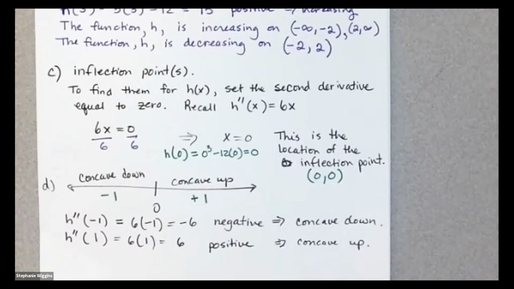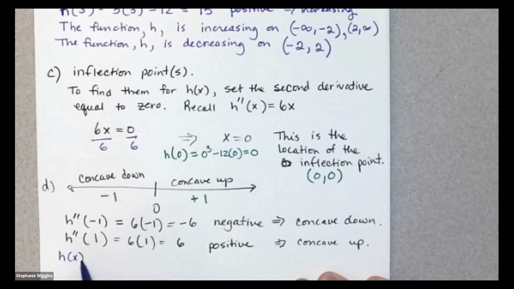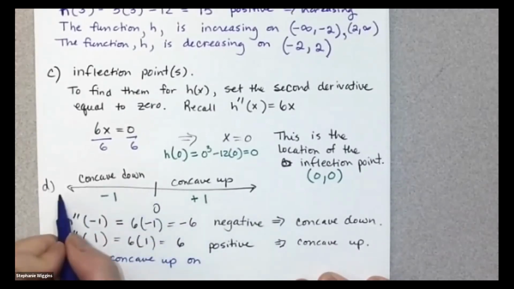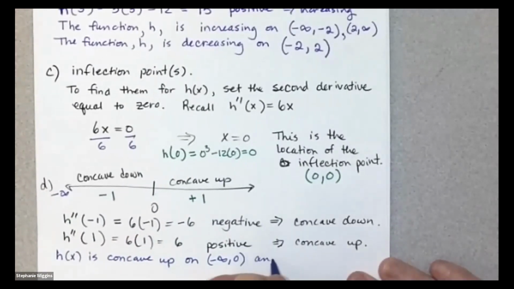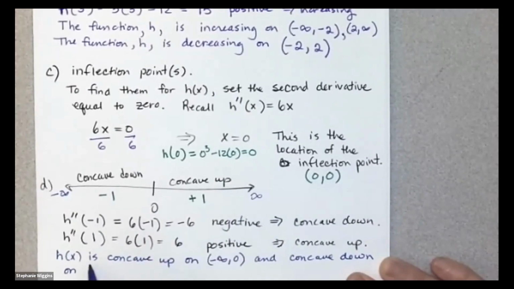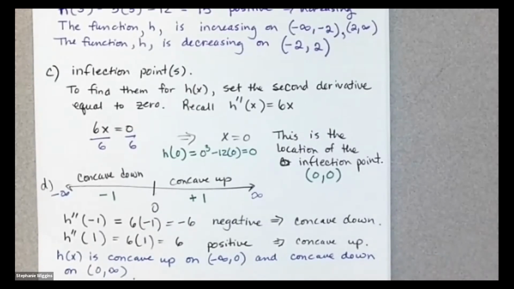Now let's go back to the homework and see. Before I do that, I'll just write it out for you. H of x is concave up on this interval from -infinity to 0, and concave down on 0 to infinity. There we have it. So when you're asking where is the function concave up and where is it down, remember